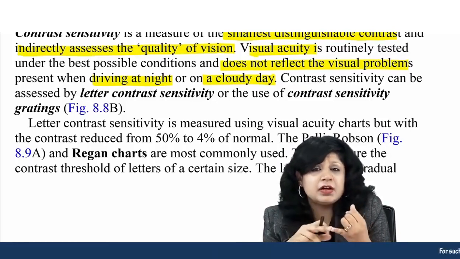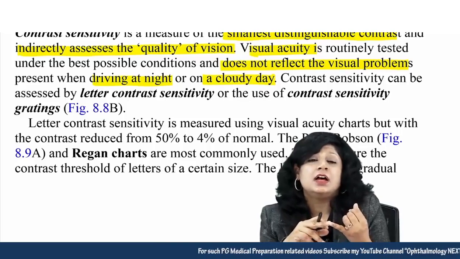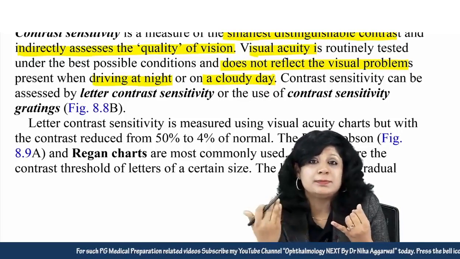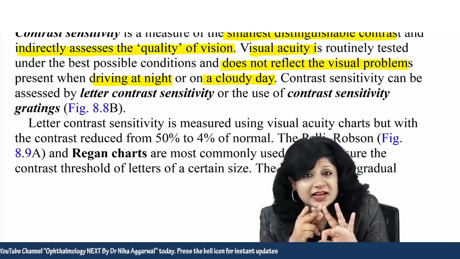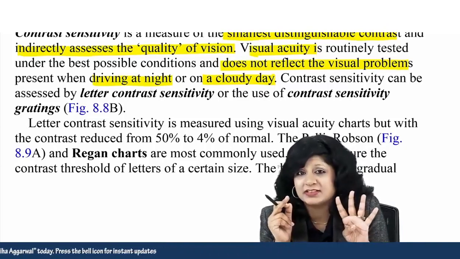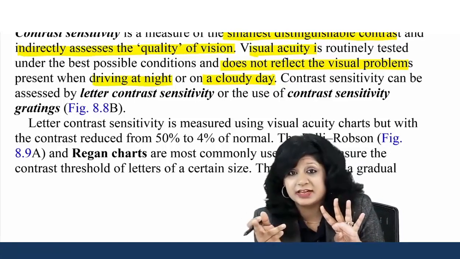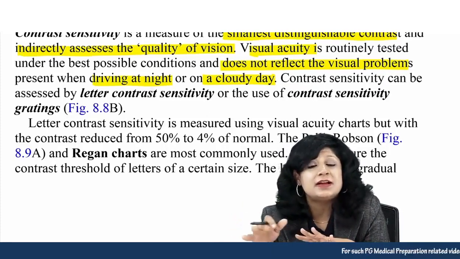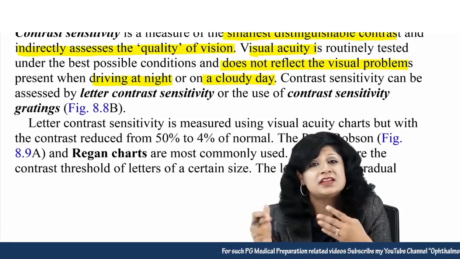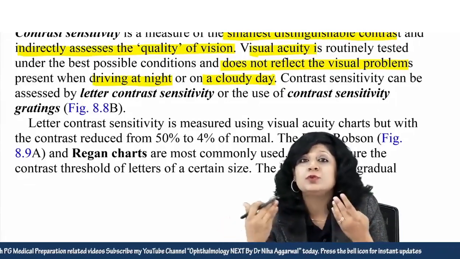If you remember, we deal with this in neuro-ophthalmology, that there are certain senses that you are using for visual perception. So there we have a light sense, a color sense, a contrast sense, and then we have the form sense. And what forms the basis of the Snellen's chart? It was the form sense. So if a person has a low contrast sensitivity but a good form sense, he will be able to read 6 by 6. So that will not allow you to go up to that part.